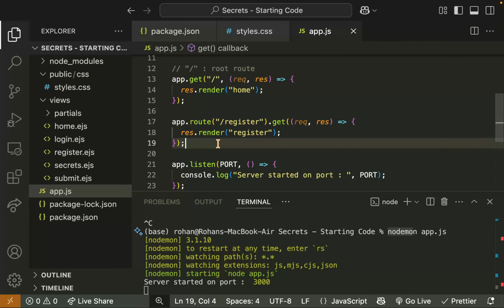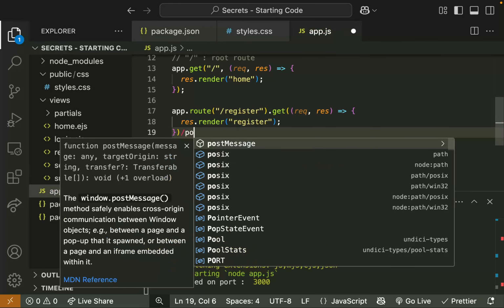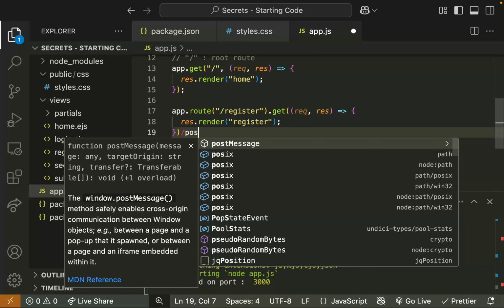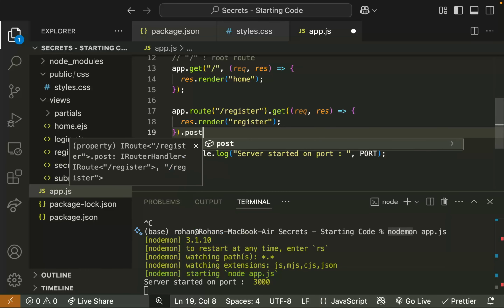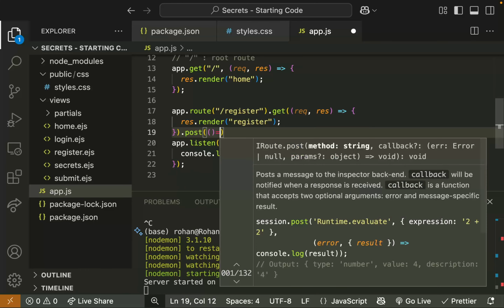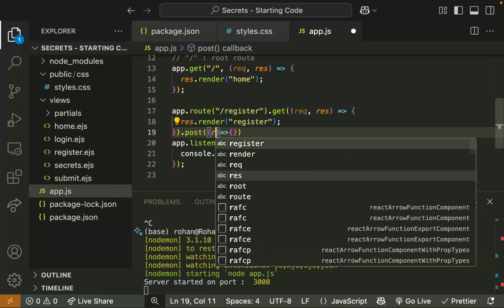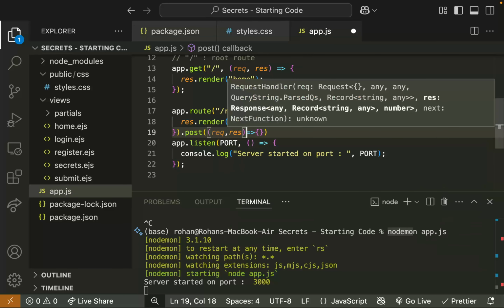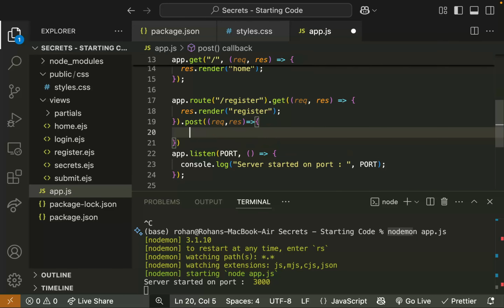So as we are handling the get request in a similar manner, I will be handling a .post as well. Okay, using the .post function. So request as well as response. Now the first thing I'm interested in is getting the data, right? So the data is actually available in